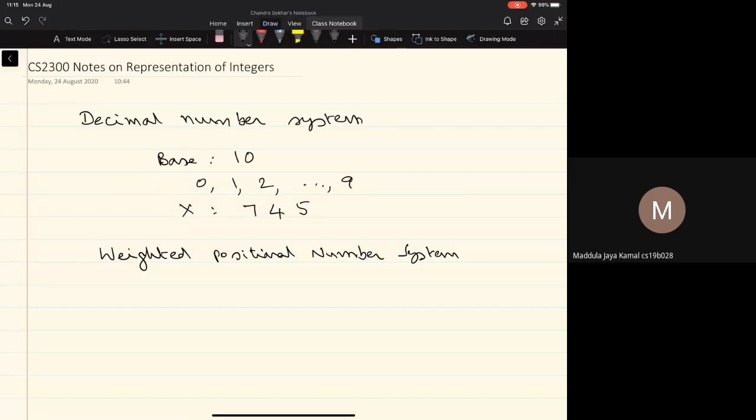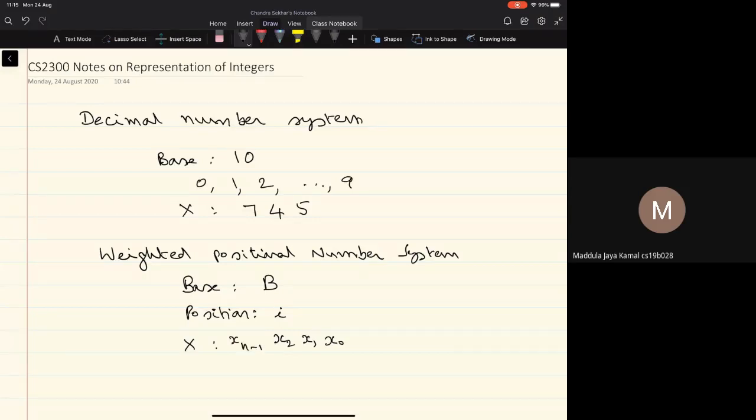And in general, if I denote the base as some B, and the position is indicated by some symbol I, so if I have some number X, which is represented by symbols X0, X1, and X2, so on, Xn minus 1, where there are